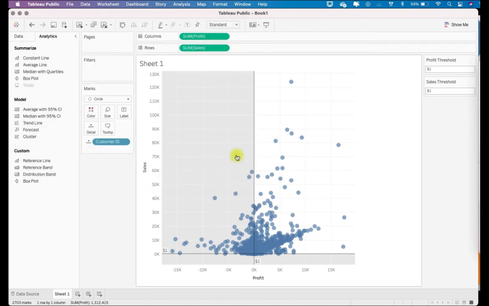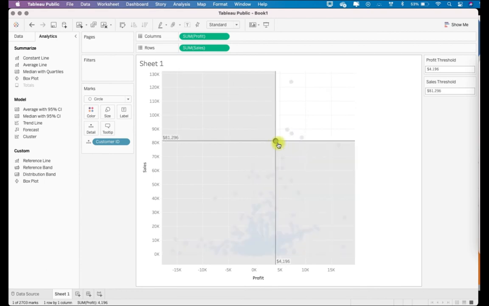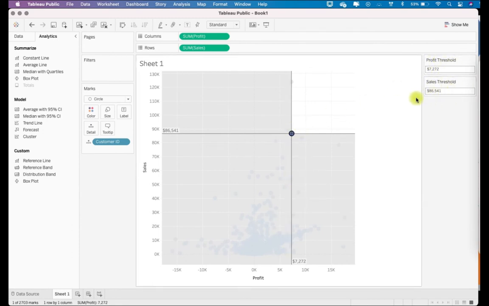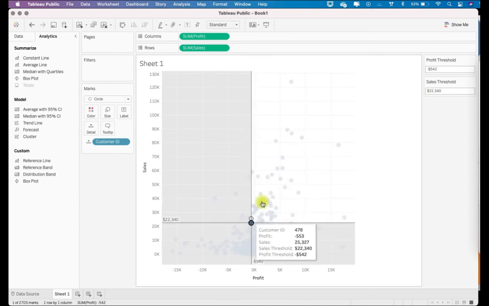And now you will see, if I click on this, it has changed, and you will notice that these values are updated. So now I can easily see which point corresponds to what threshold levels, right? My levels are getting updated on each click.